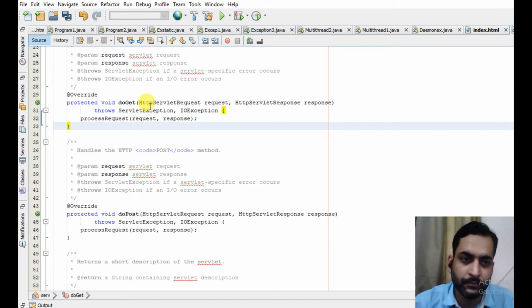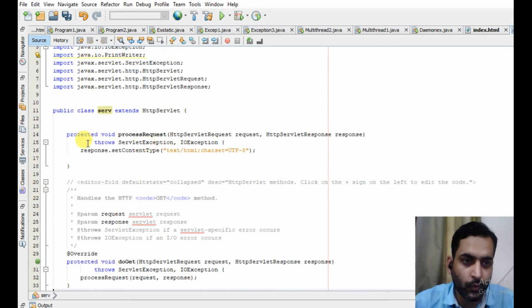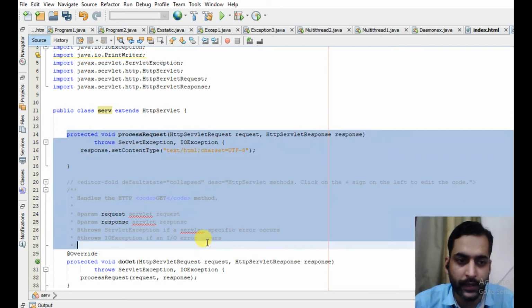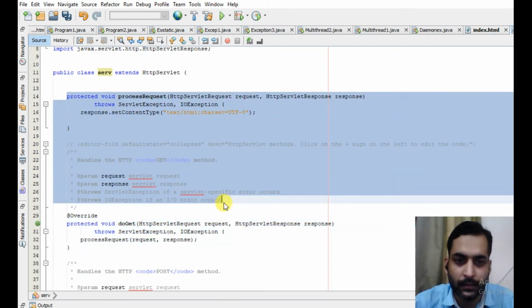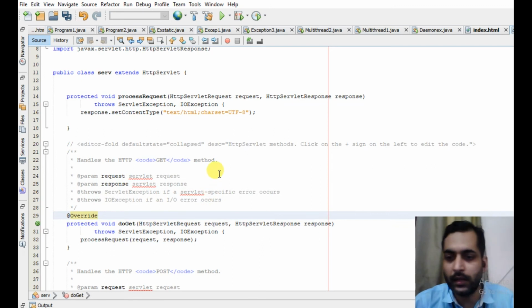So the syntax is almost the same: HTTP servlet request, request object, then response object, and we are simply declaring the two exceptions, servlet exception and IO exception. See, this process request is not a standard method, rather it is the method given by the NetBeans IDE. So it is a user defined method and it is not a standard method.